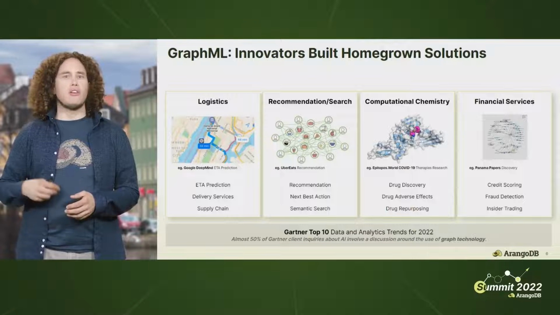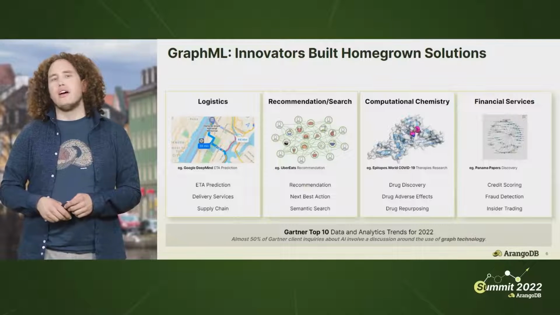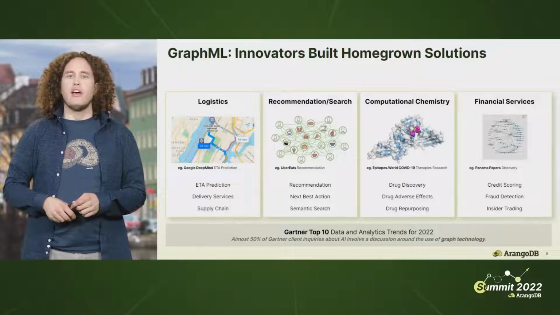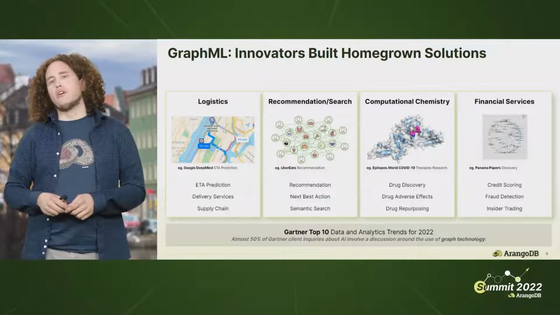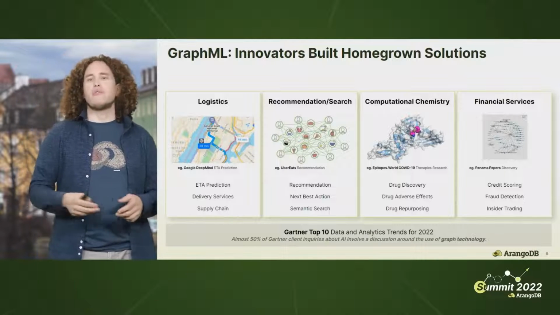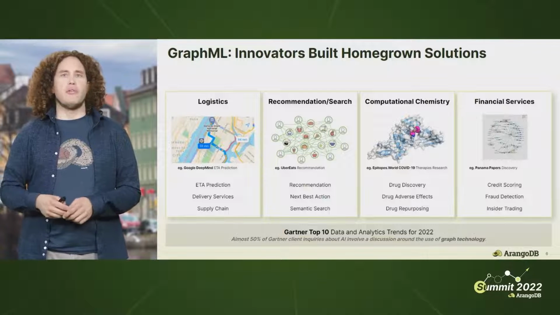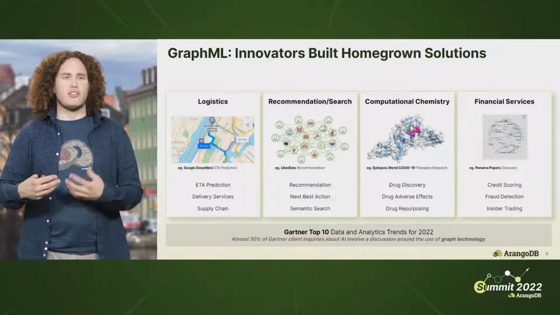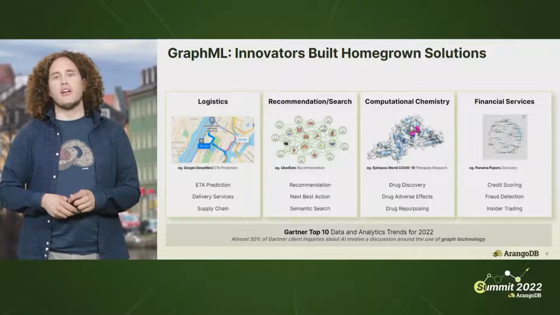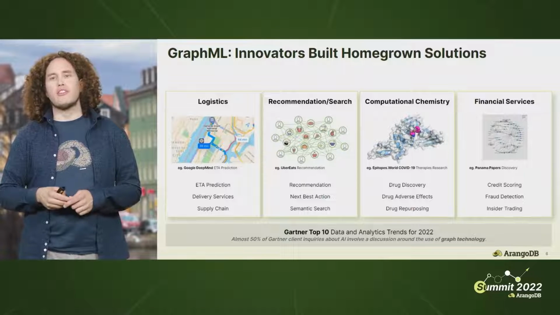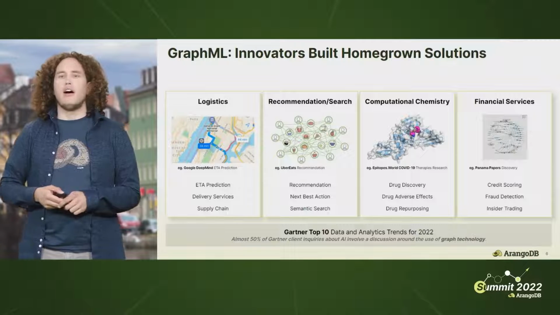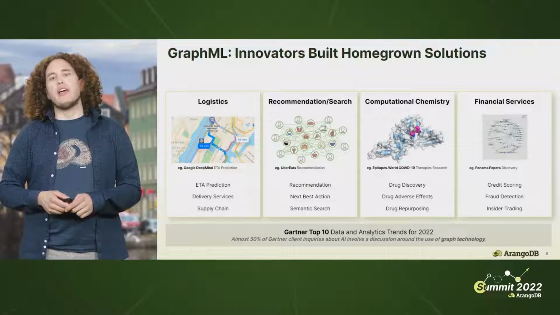Computational chemistry has been a long-time driver in the graph space in general, so not just graph machine learning, but also graph analytics. And it's very easy to spot once you start thinking about a molecule as a graph. It's atoms being connected by different bonds together. And so by leveraging graph technology, we can actually get much more insights from drug discovery, from trying to predict how certain proteins are folding. This is an open source project also mainly driven by Google, pretty exciting,